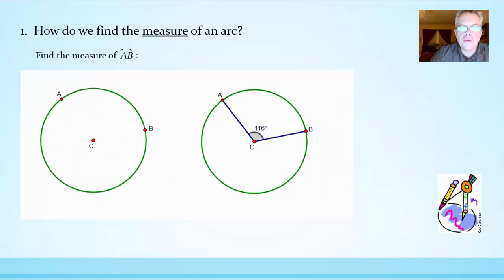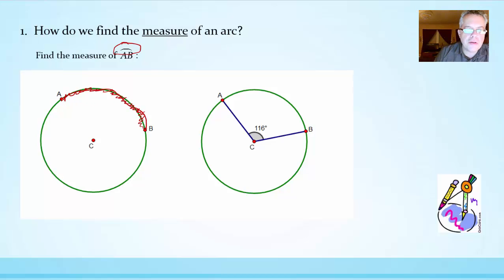So first, we want to find the measure of an arc. An arc is a part of a circle. So for instance, arc AB, that's what that little curved part of the symbol means up here. Arc AB, that's the part of the circle between points A and B. So this part I'm shading in right here. And later in the year, we'll talk about the length of it, but this is called the measure of the